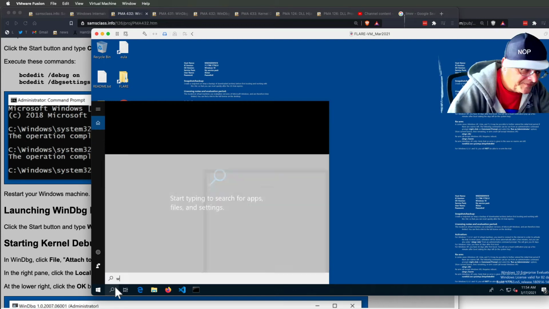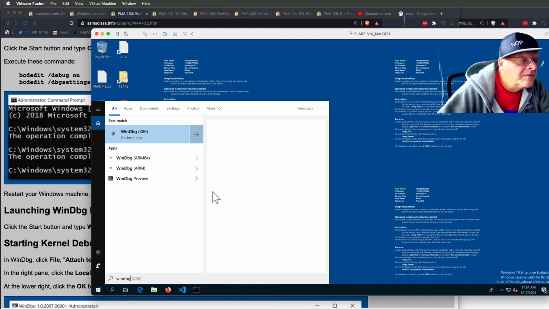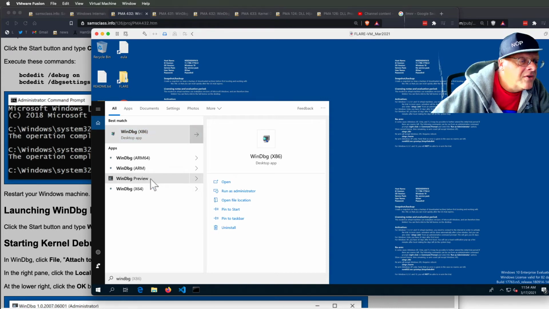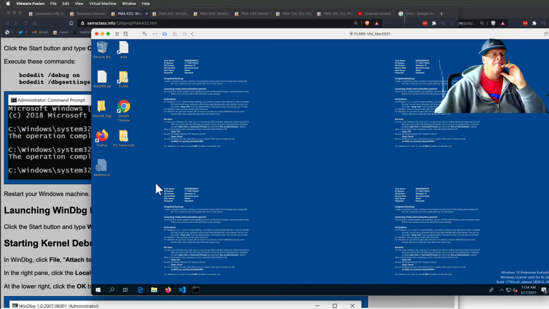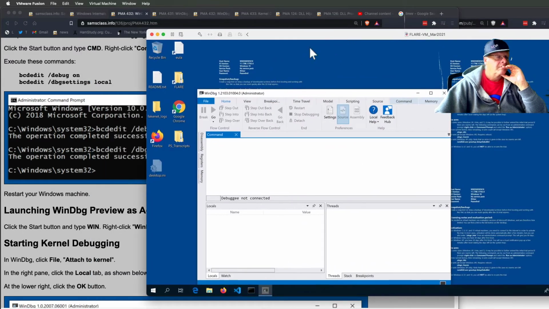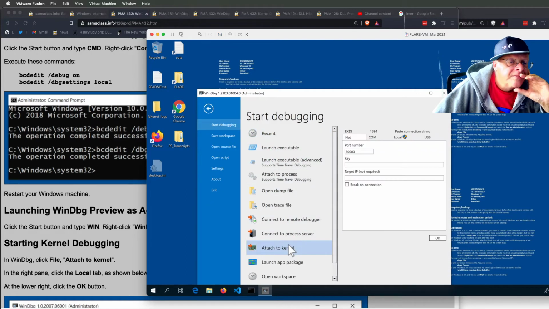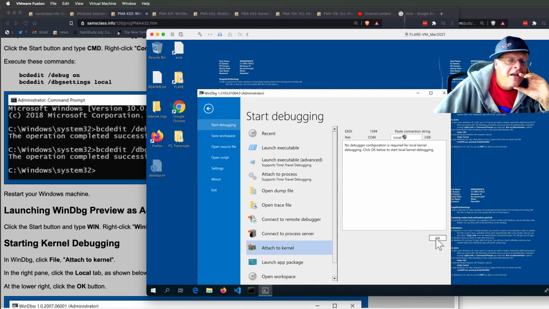So WinDbg Preview, right click, run as administrator. Okay, file, attach to kernel, and now you hit the local tab, and OK, and it will attach to the local kernel